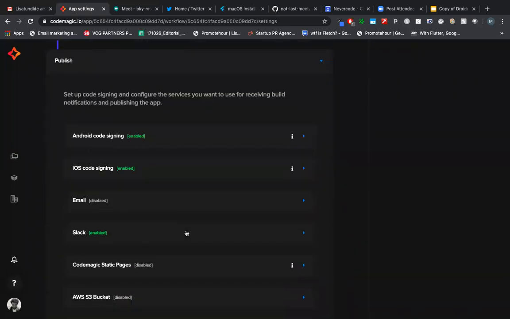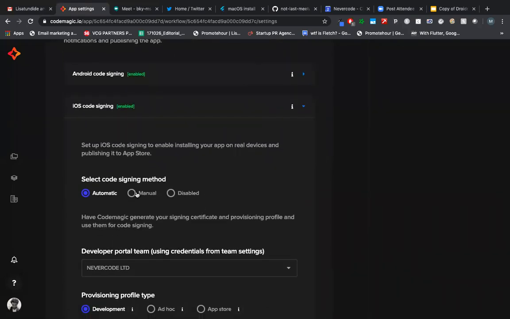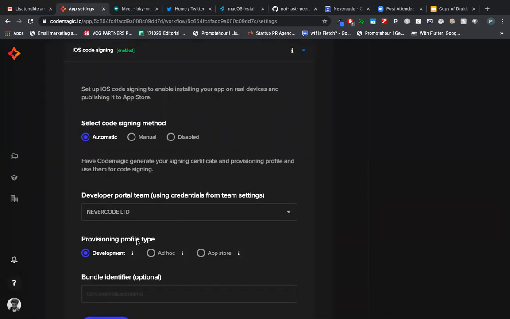And in the publishing section, this is where most people run into some problems. And most notably, the problems are going to come from iOS code signing. In Codemagic, you can code sign your applications in two ways. You can have automatic code signing, or you can have manual code signing. With automatic code signing, what we're doing is we're basically using an RSA key that we use in Xcode to generate provisioning profiles and developer certificates from Apple